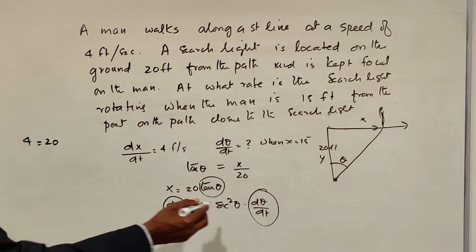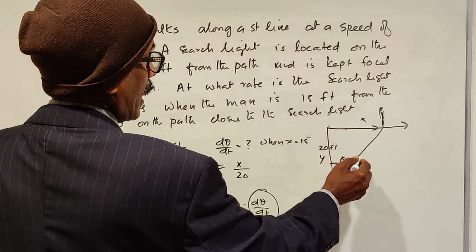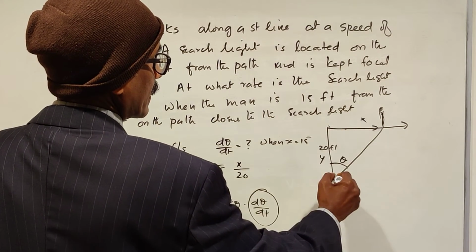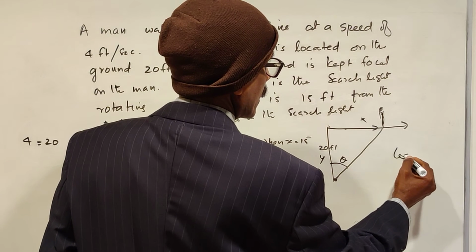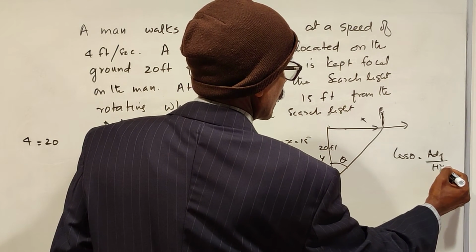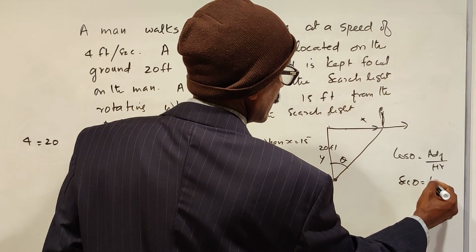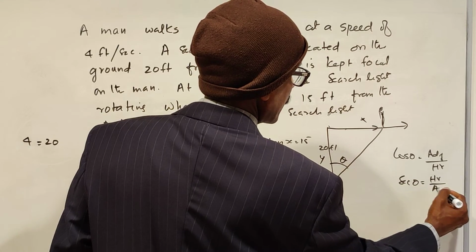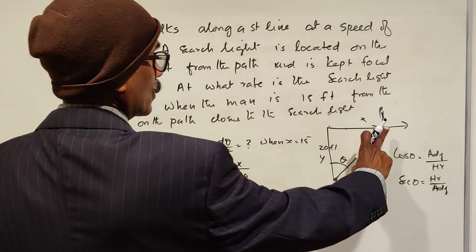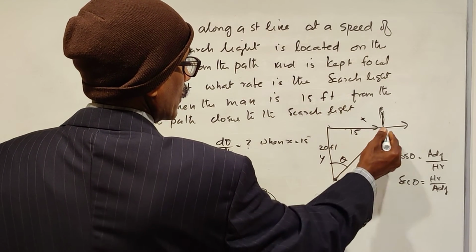What is sec theta? Sec theta is hypotenuse divided by adjacent side. That is, cos theta is adjacent side divided by hypotenuse. So sec theta is the reciprocal of cos theta, that is hypotenuse divided by adjacent side. The opposite side is 15. You can find out